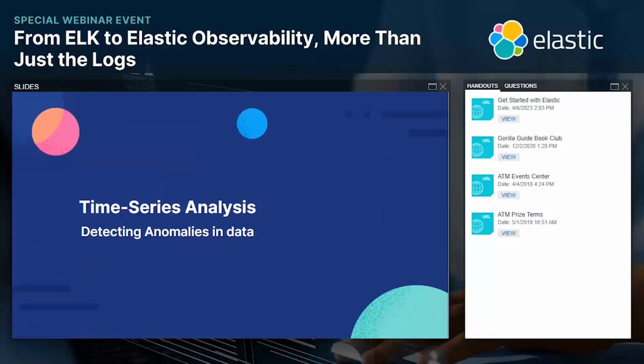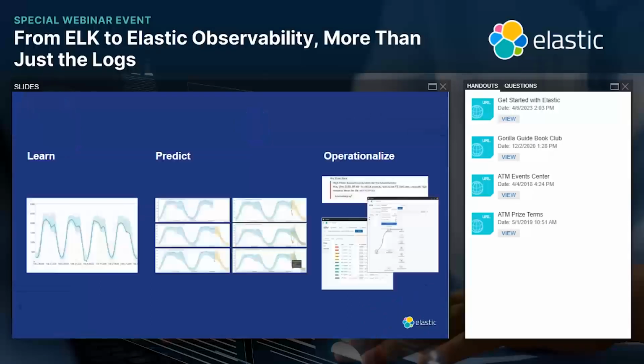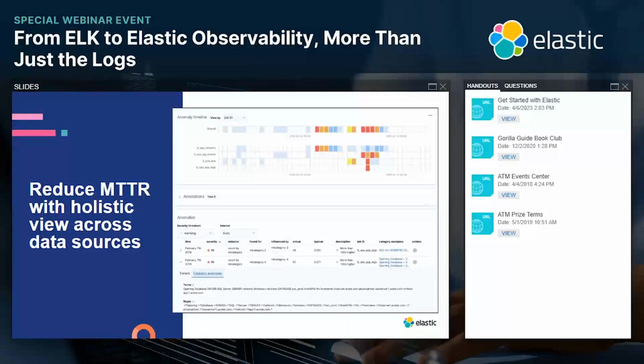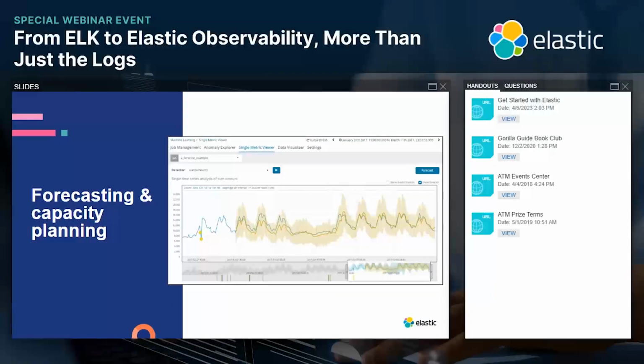Okay, so how about the time series? All of the things I was talking about are all about time series. So it's basically learning, predicting, and operationalizing, and those are the three jobs it does better, right? And if it needs some alerting, it just goes ahead and alerts you. So these are a couple of screens, I believe you just saw how it works.